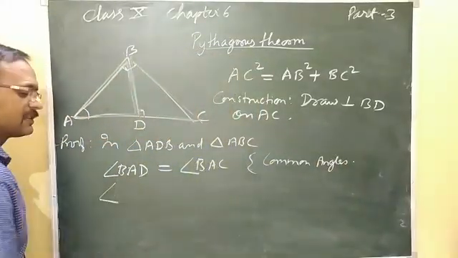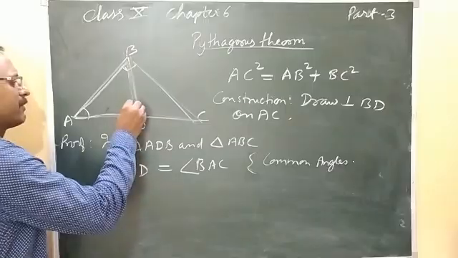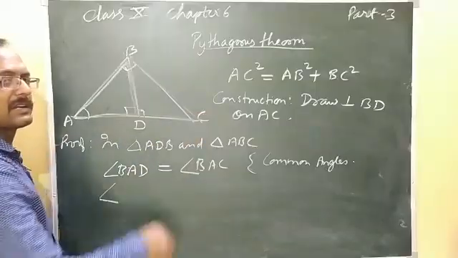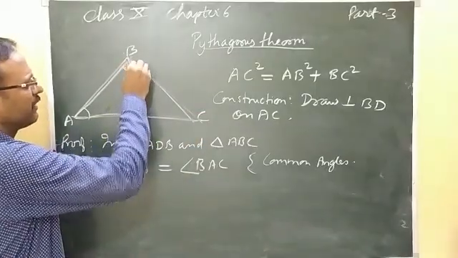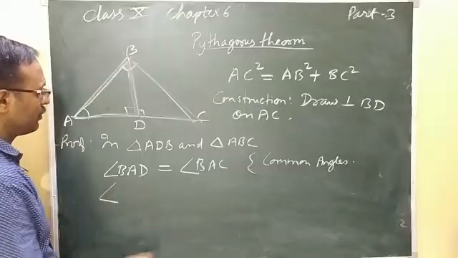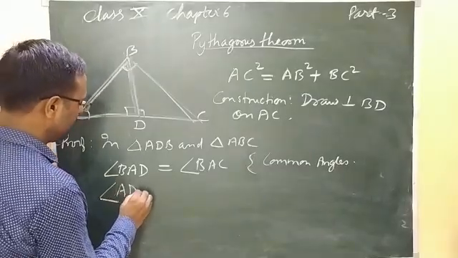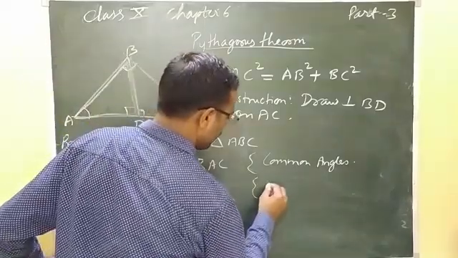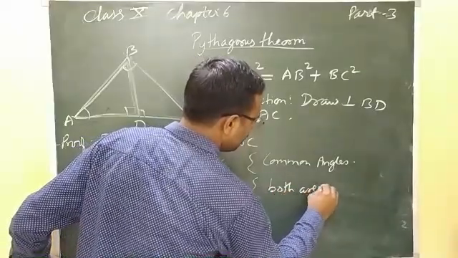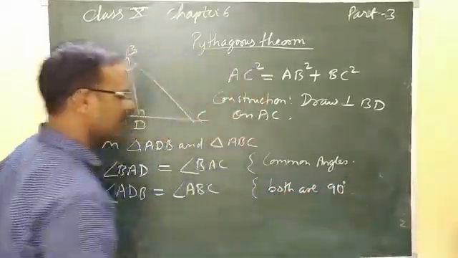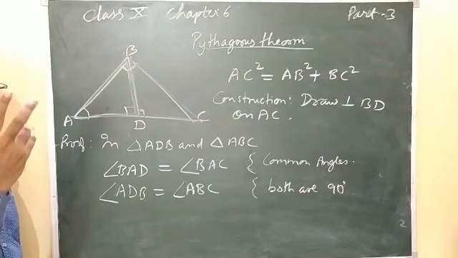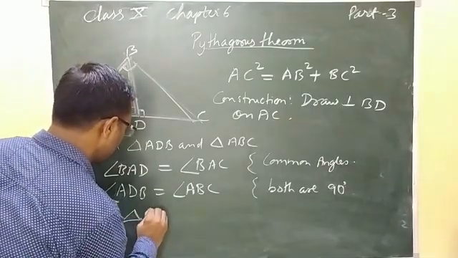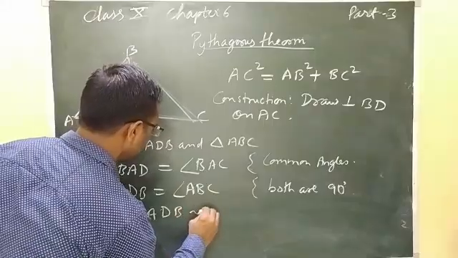What is the other angle which is equal? Here you can see that we have made the perpendicular, so it will be 90 degrees, and this bigger triangle is also a right angle triangle, so angle B is also 90 degrees, which we have taken in the construction itself. So angle ADB equals angle ABC. Both are 90 degrees. Okay, so we can see that two angles are equal in the given two triangles. So we can say triangle ADB is similar to